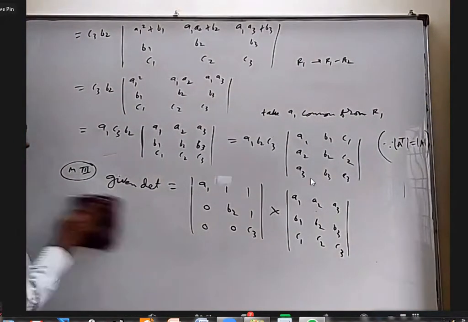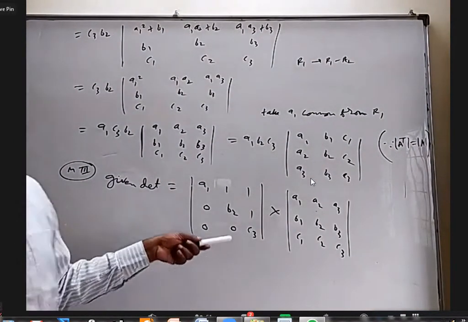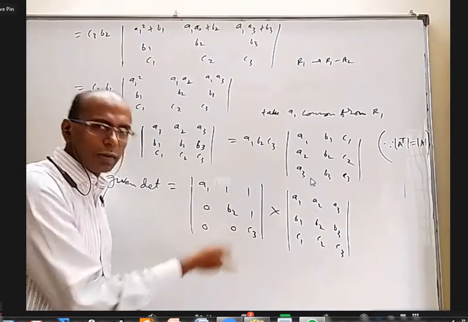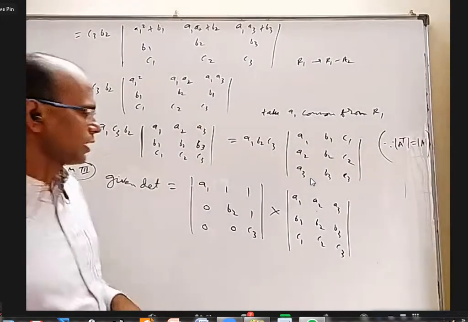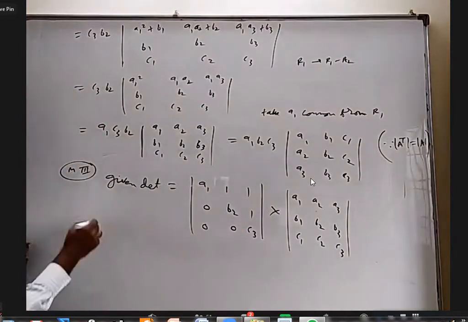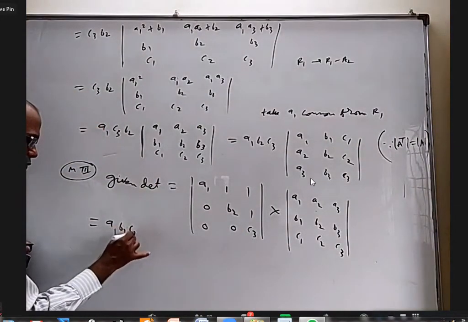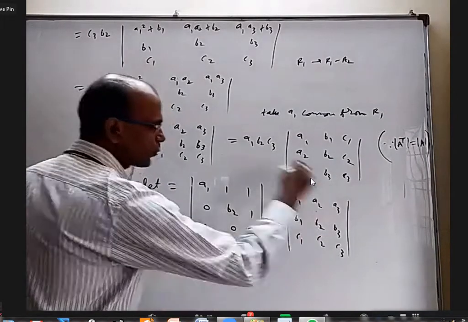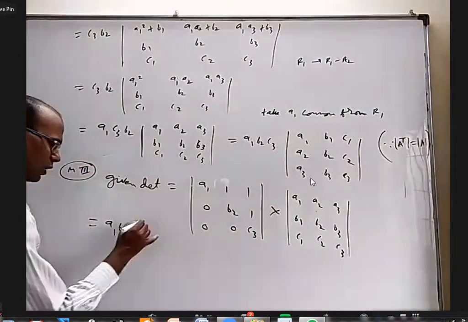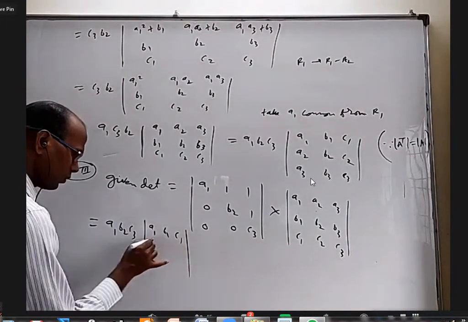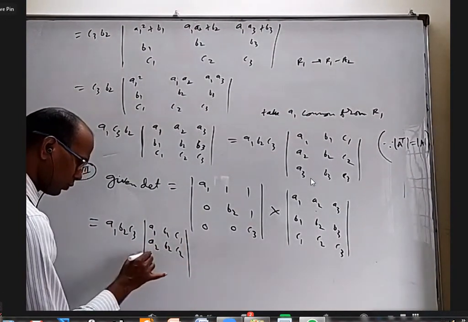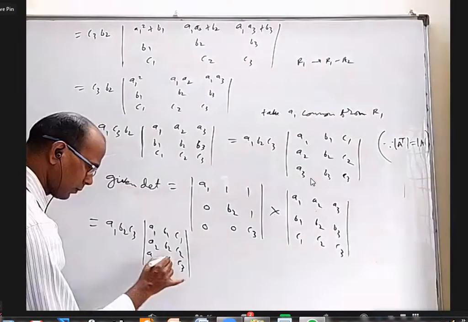Okay, now we also discuss one more thing. For a triangular matrix, upper or lower triangle, the determinant is the product of the diagonal elements. So that's it. We got it done: A1, B2, C3, and then the transpose, because for the answer's sake they wanted the answer like that, which is A1, B1, C1, A2, B2, C2, A3, B3, C3.